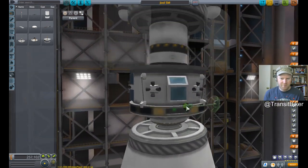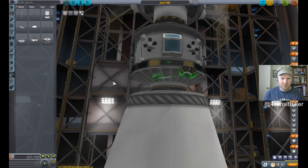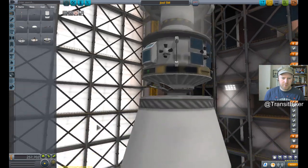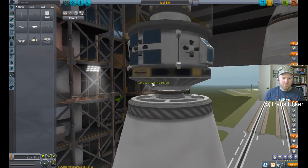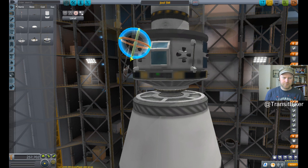So we're going to take this guy. I'm just going to mount it right here. Pokes out too much. Okay, so we're going to actually mount it right here. And then we're going to swivel it in. Okay, that looks pretty good. Actually, we're just gonna take this. Okay,